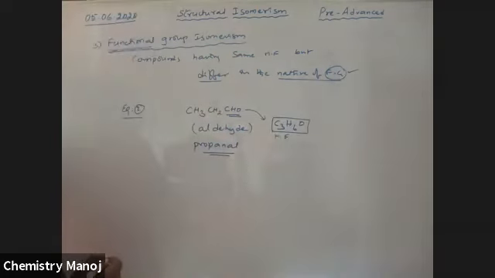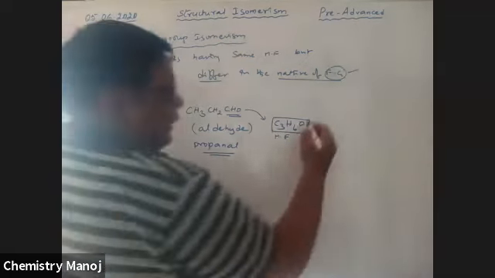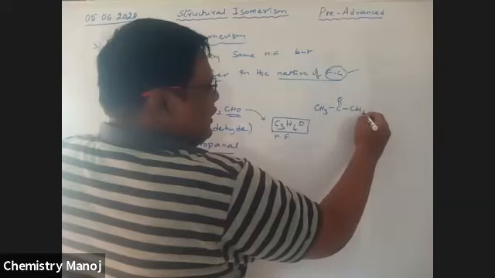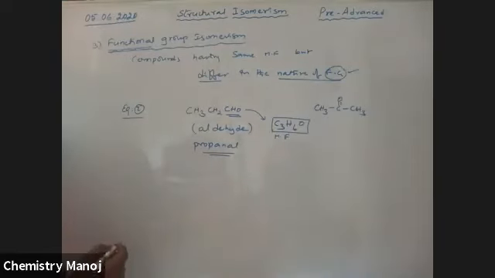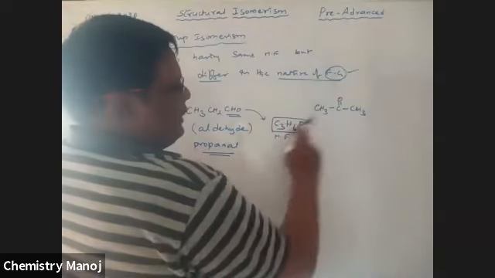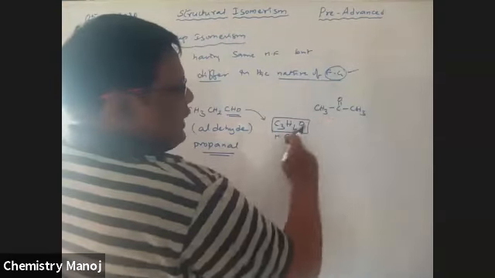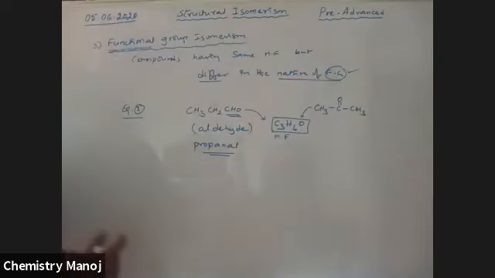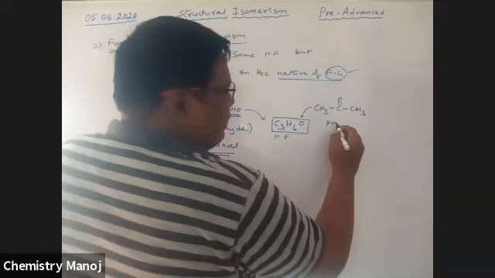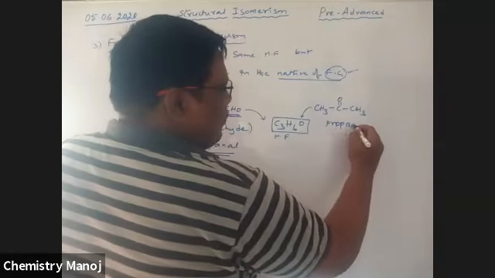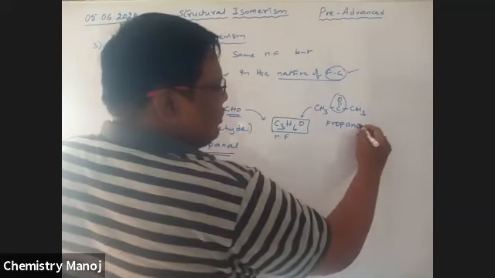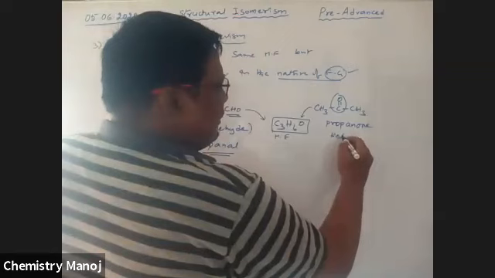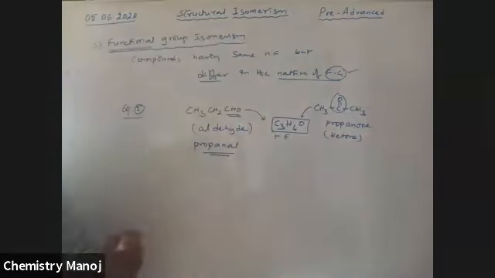It is the molecular formula. Now I am writing one more compound here, that is CH3COCH3. Here also there are 3 carbons, 3 plus 3, 6 hydrogens, and 1 oxygen. So its molecular formula is also C3H6O, but it is 3 carbons, single bond, propane, functional group CO, that is propanone. It is a class of ketone. It is a ketone functional group.